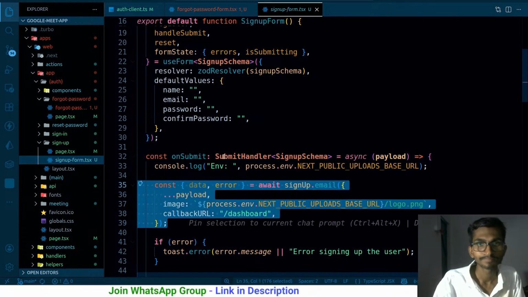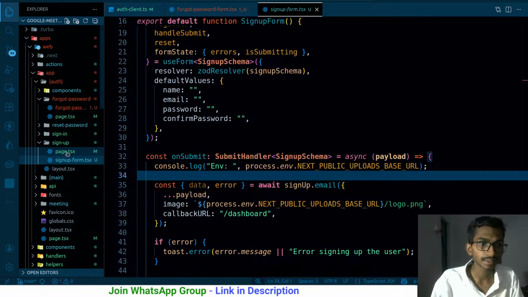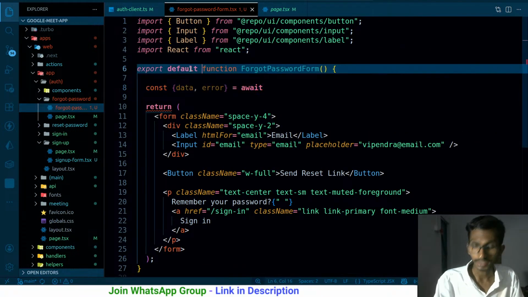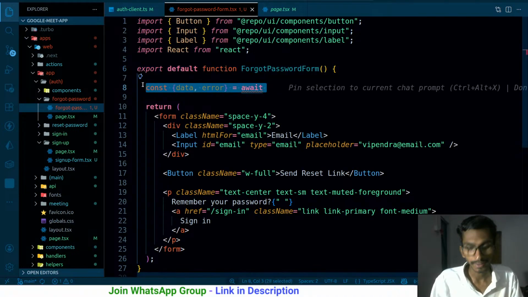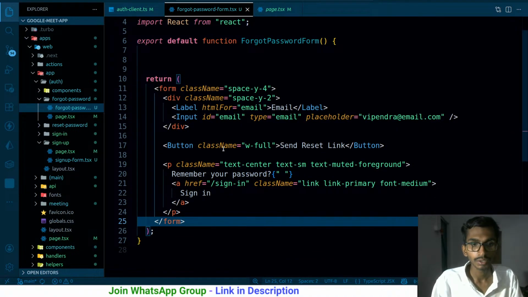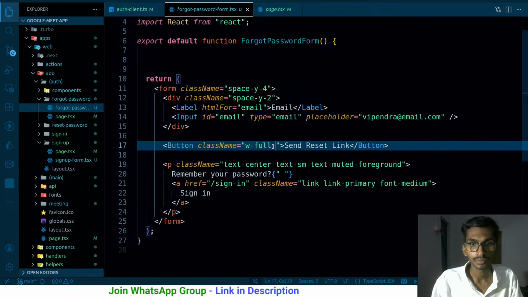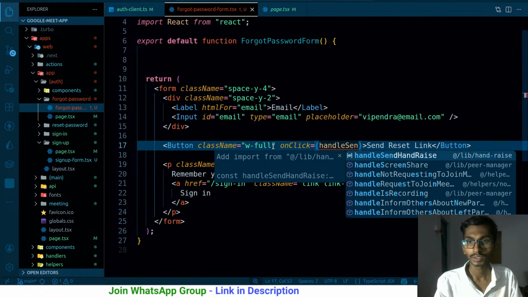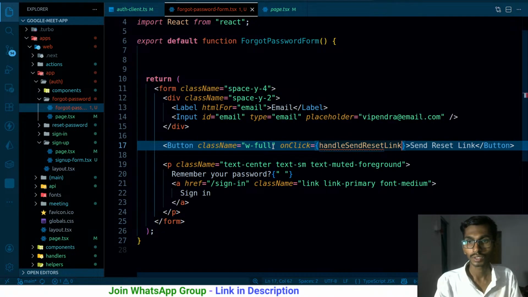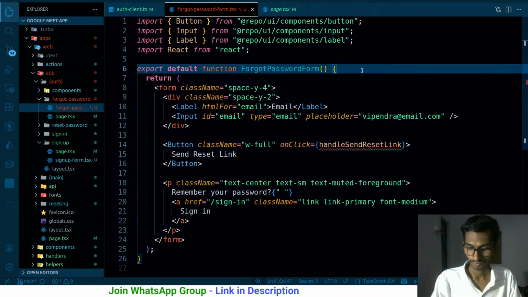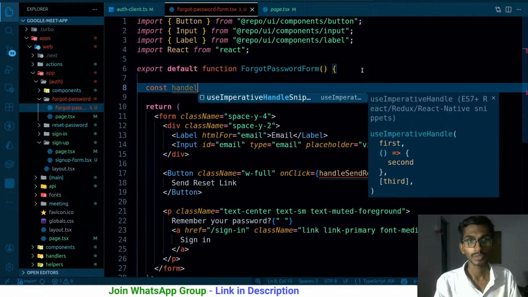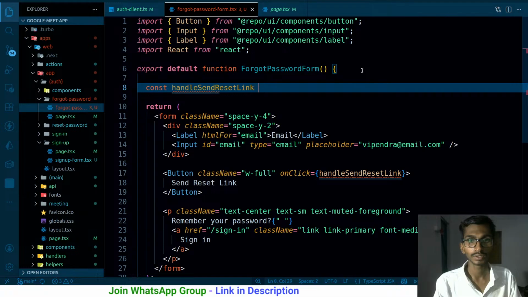These things were, of course, that is a client function, I cannot really do that directly. Coming back to this one, this doesn't need to be signed in, and another thing is that it doesn't need to be called directly. So whenever I click on this send button, at that time on click handle send reset link, handle send reset link. This is how things are gonna be going on,